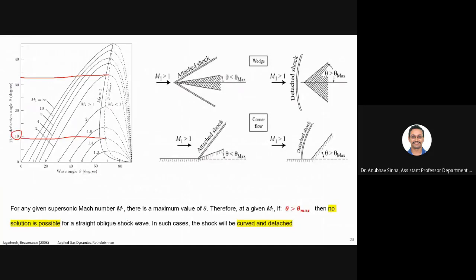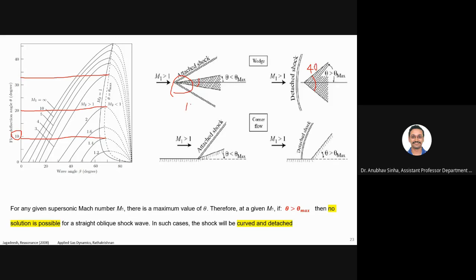Basically, you can make two geometries depending on the Mach number. Let us say start with Mach number 2. So Mach number 2 is around 20 degree of theta. You can have one geometry which has a lower angle, let us say 10 degree, and another geometry where the angle is more than 20, let us say 40 or 50 degree.